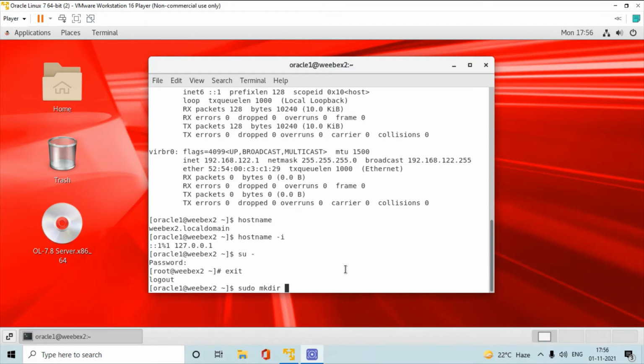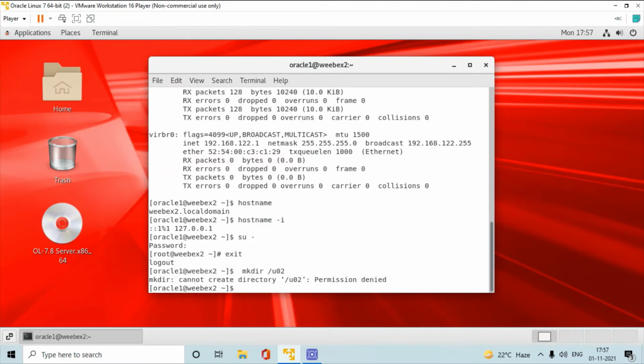Suppose you want to create a directory in the root section, I will show you. mkdir -p root2.